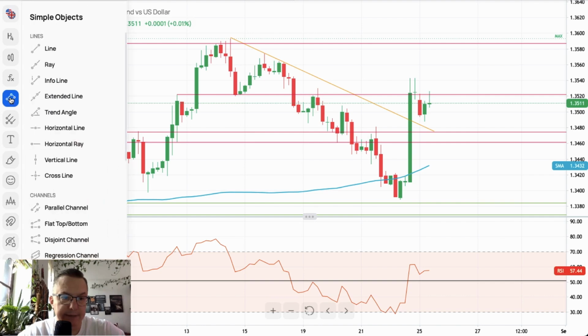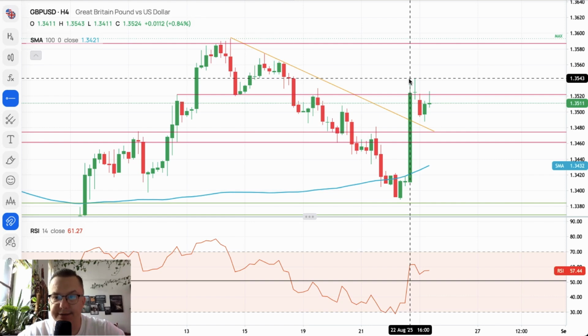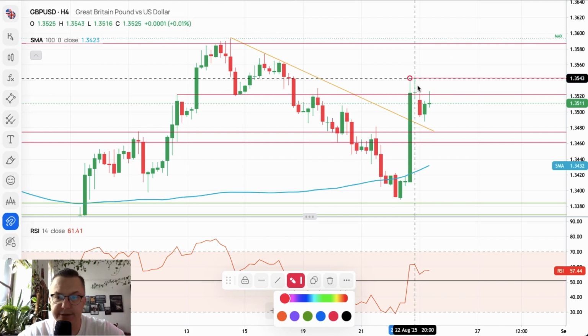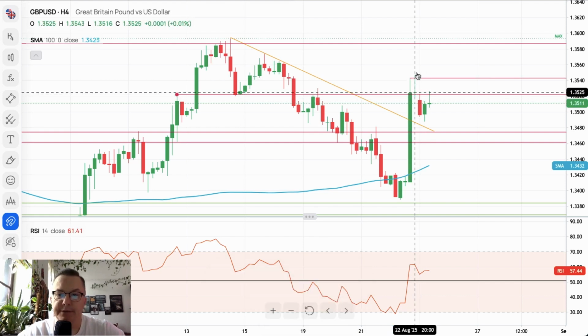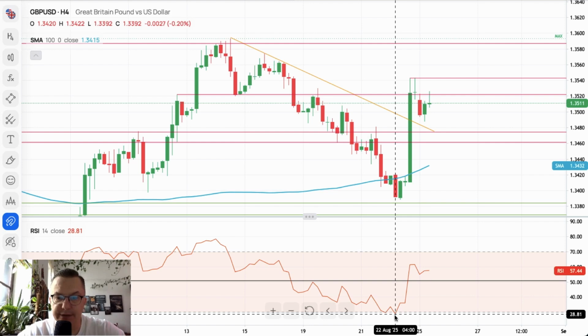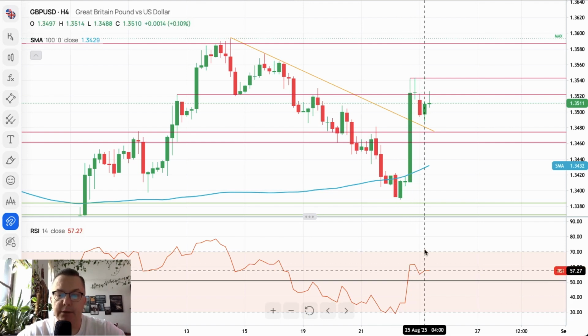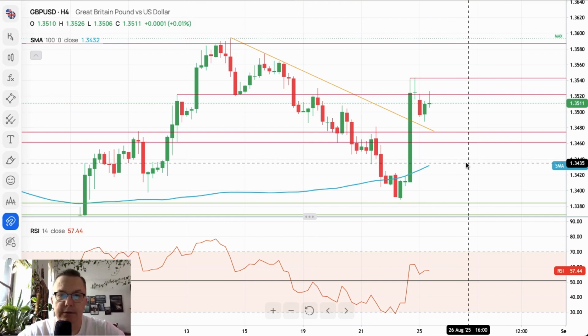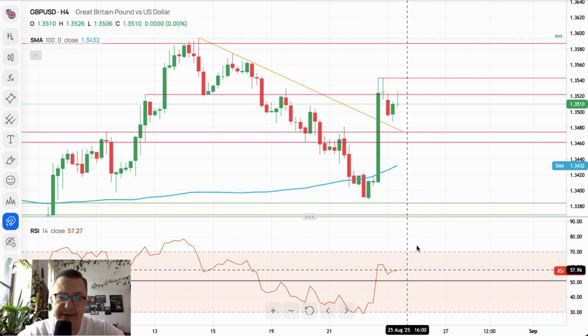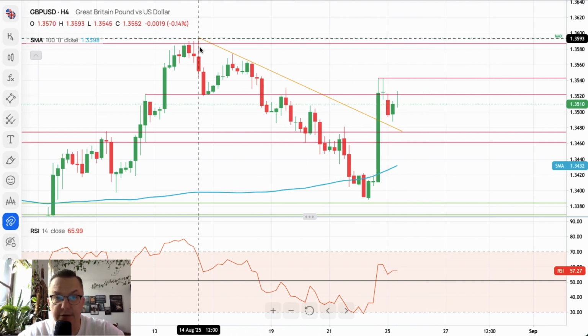Nevertheless, even if we place our local technical resistance at 1.3543, you can see that there are some bears that are selling into this strength. This is a very specific candle, and this one doesn't actually look bullish to me, despite the fact that the momentum is finally positive, right? So we bounce from the extremely oversold conditions up to almost the overbought levels. There's still some room to the upside, so maybe, just maybe, this level here, 1.3593, will be tested soon.